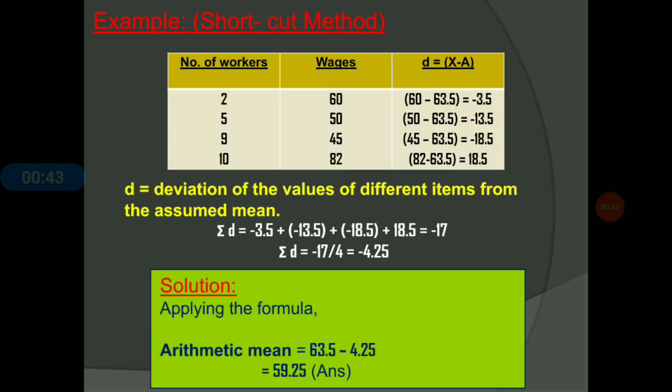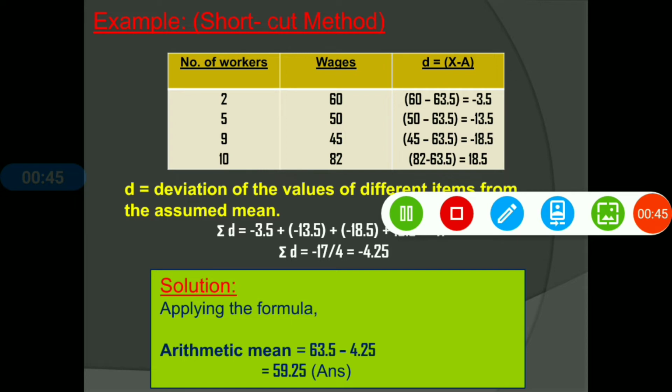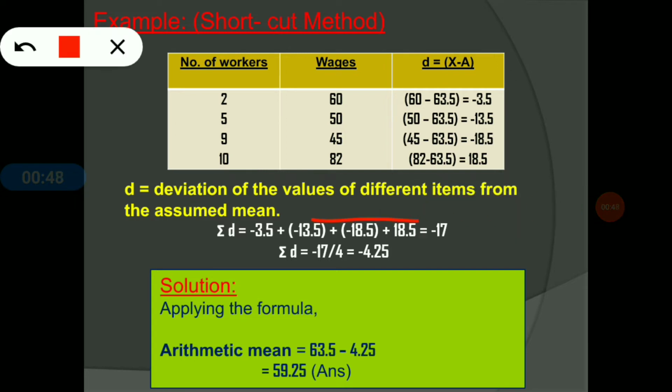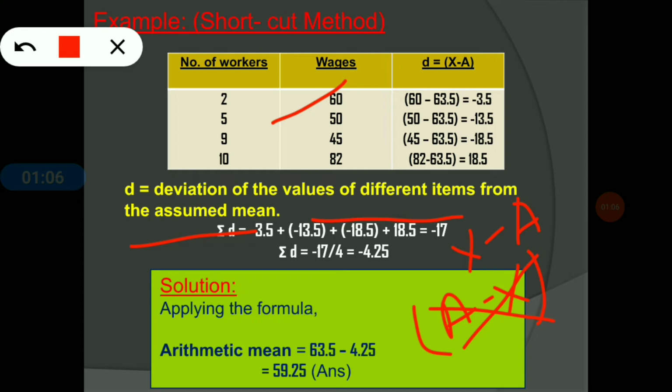Here we can see the column of d. d means the deviation of the values of different items from the assumed mean. d is always x minus A, not A minus x. Clear? Now go to the table. For the first variable, that is 60, d equals 60 minus 63.5, which equals minus 3.5. Now the second, that is 50 minus 63.5, which equals minus 13.5